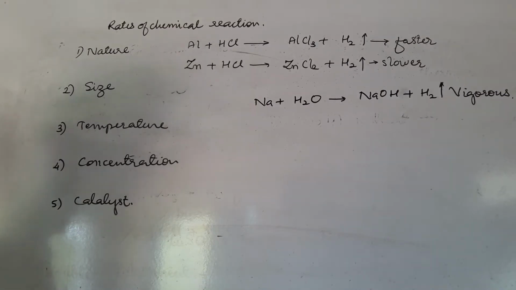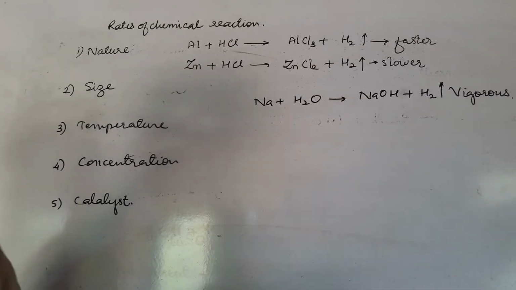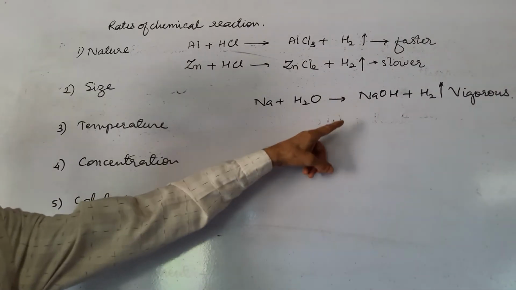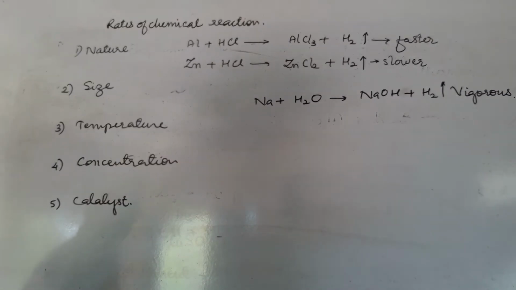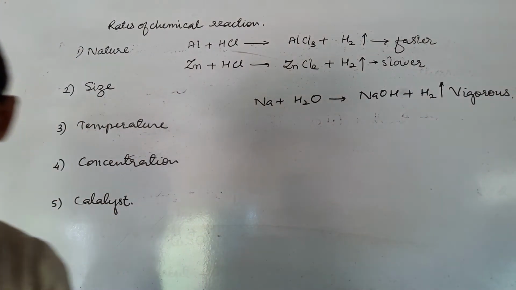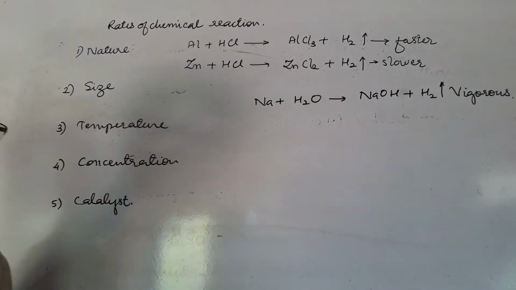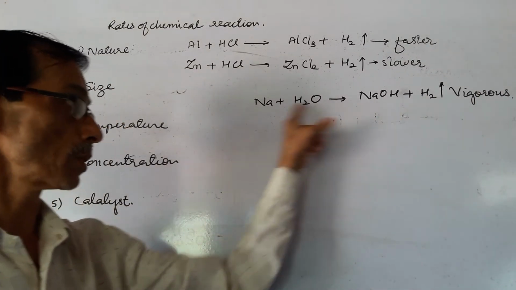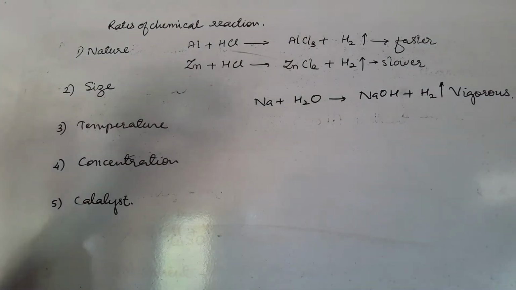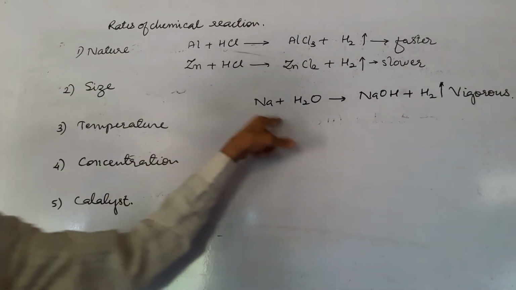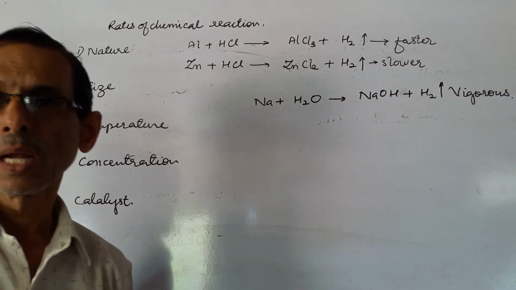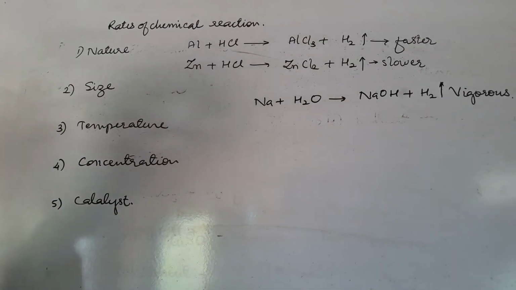Now here we will see the rate of chemical reactions. We know that if sodium metal is put in water, it reacts with water immediately in a short time, and you find hydrogen gas comes out, and the heat liberated is so strong that the hydrogen gas burns, as if the sodium is burning on water. So it decomposes water and sodium hydroxide is formed, and this reaction is very vigorous. It takes place in a very short time.